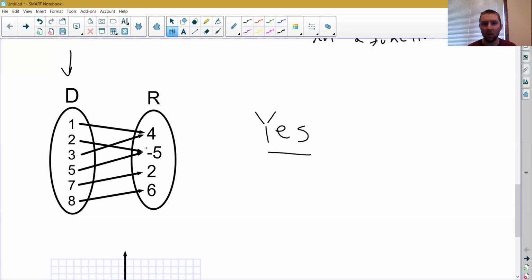Okay, again, even though I have repeated y values here in the range, that doesn't matter. I'm only looking at the domain. Each of the domain numbers only has 1 arrow coming off of it. So it is a function. All right, and then our last example